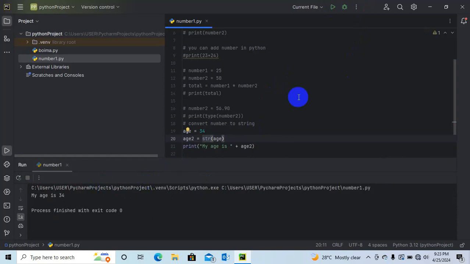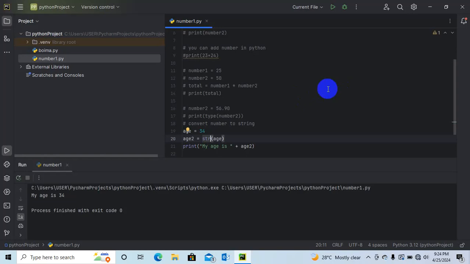Now, the next thing is, remember Python can solve complex mathematical problems. That's one of the powers of Python. Python can solve a complex mathematical problem or function, but in order for Python to solve it, Python has a built-in function for math. So we need to import that built-in function for mathematics. Let's import it first, then we'll talk a little about it.